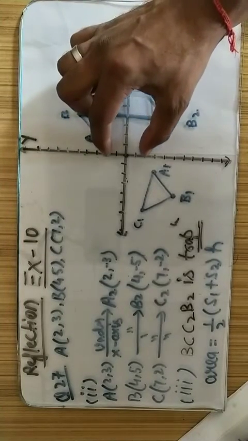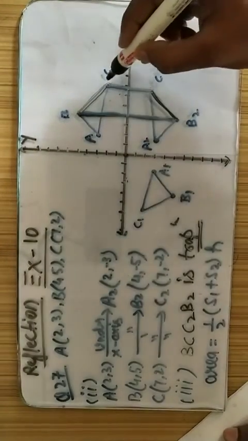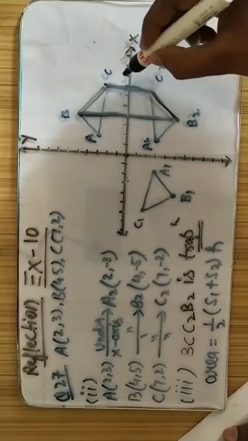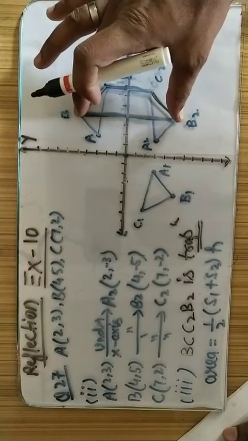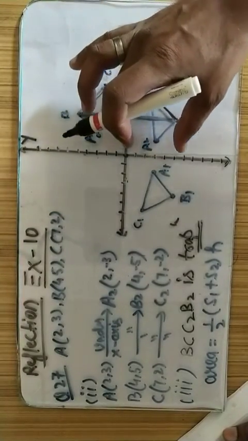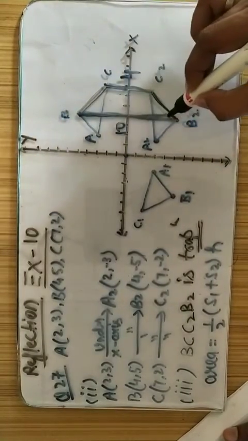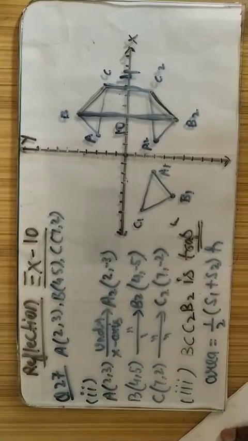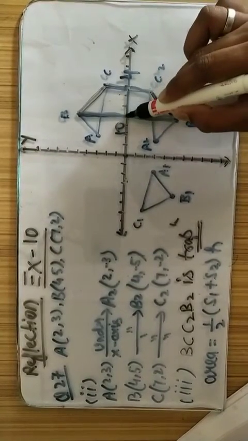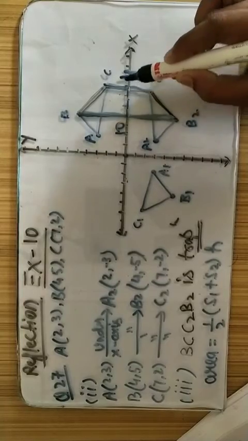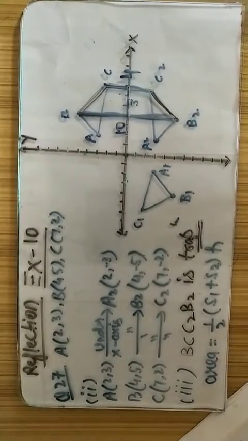What is the length? The length of this one will be from the coordinates of B2 and C2 and C is given. As you can check, this is 2 unit and 2 unit. It will become 4 unit. From here to here it is 5 and 5. This is 5 unit and this is 5 unit. So it will become 10. So the lengths of both parallel sides are 10 and 4. Now you need to find out the height. This will be the height. How many units? 1 unit, 2 unit and 3 unit. So this will be 3 unit.